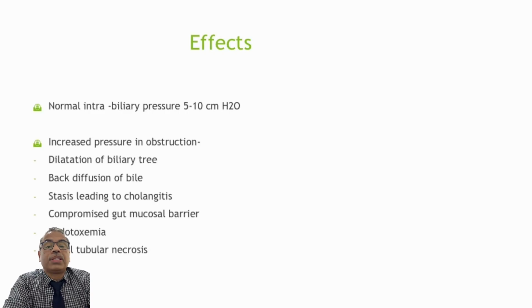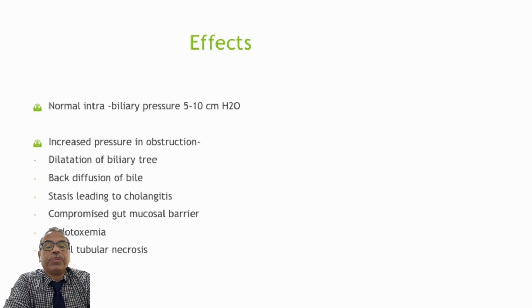Now, because of this phenomenon of back diffusion of bile and increased level of conjugated hyperbilirubinemia in the blood, which is finally excreted by the kidneys, all these patients of obstructive jaundice have the classical high-colored or tea-colored urine, which we normally see in such patients. And because there is an absence of bile in the gut due to obstruction to the flow of bile into the gut, there is no formation of stercobilinogen, and this leads to pale or clay-colored stools, which are classically